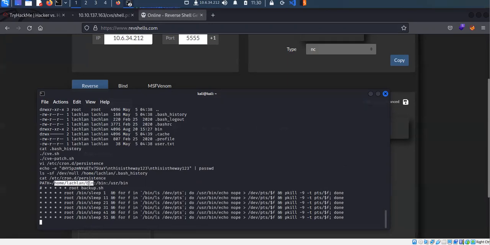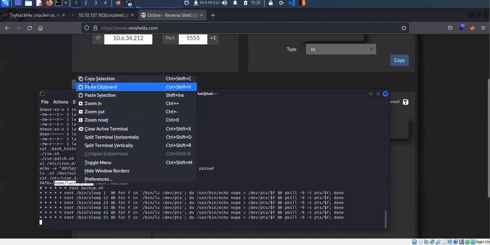And we can include a reverse shell payload in that pkill. So when the pkill is automatically executed, our malicious reverse shell commands will get executed. And in the meantime, we will have a netcat listener up and running, waiting for the callback. And once the commands inside the pkill are executed, we will get a callback on this netcat listener. So let's